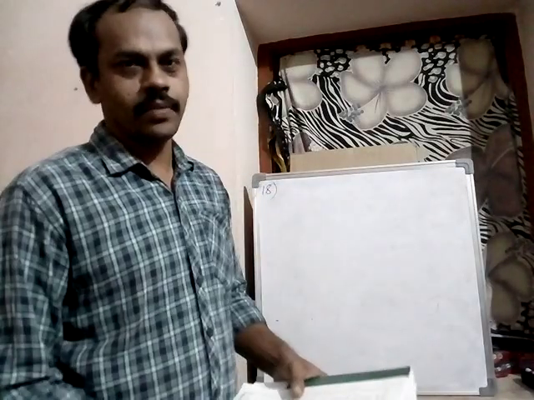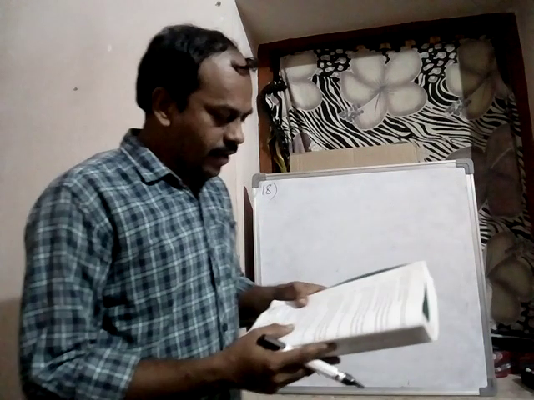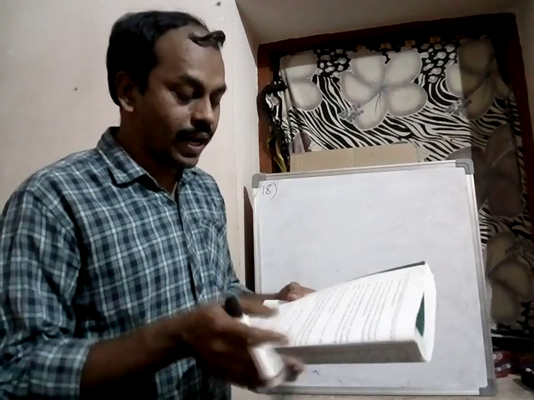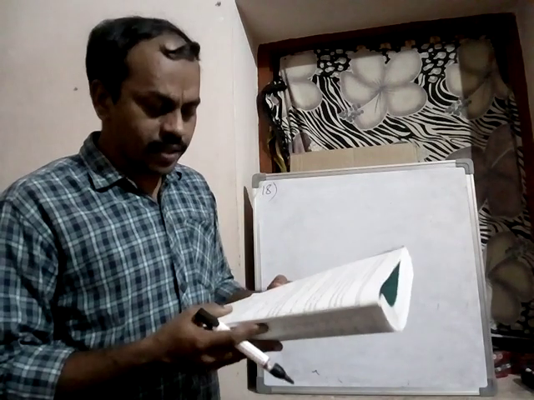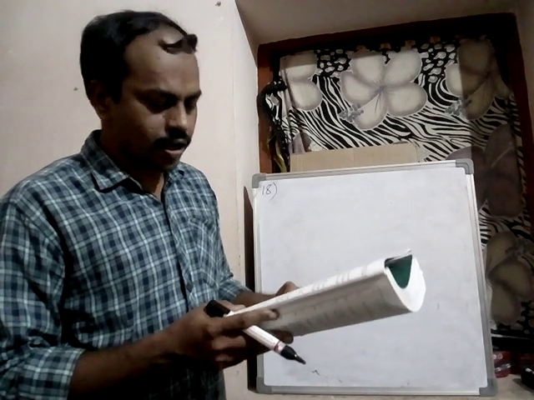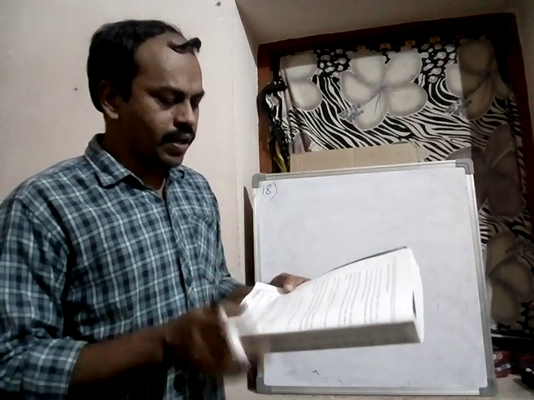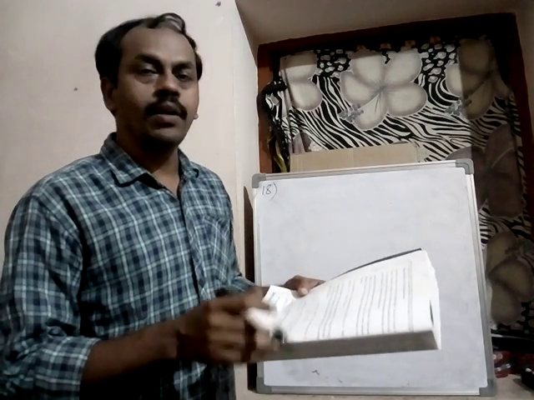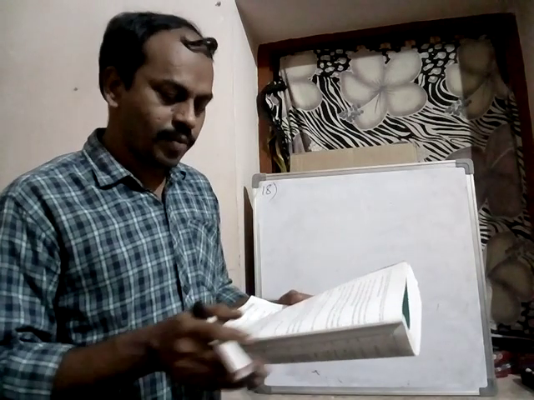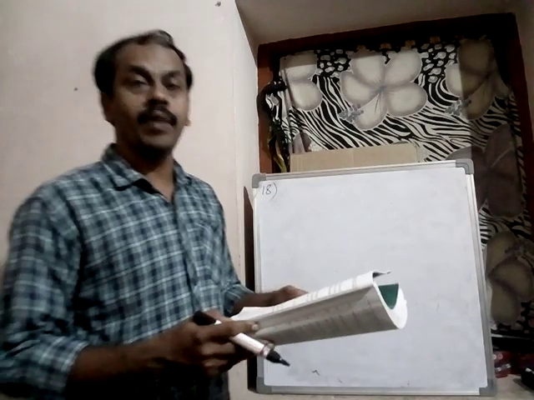Good afternoon, students. Now observe the 18th problem. If S1, S2, S3, and so on up to Sm are the sums of n terms of m APs, whose first terms are 1, 2, 3, 4, 5, and so on up to m, and the common differences are 1, 3, 5, and so on up to 2m minus 1, then show that S1 plus S2 plus S3 plus so on Sm is equal to 1 by 2 of mn into (mn plus 1).